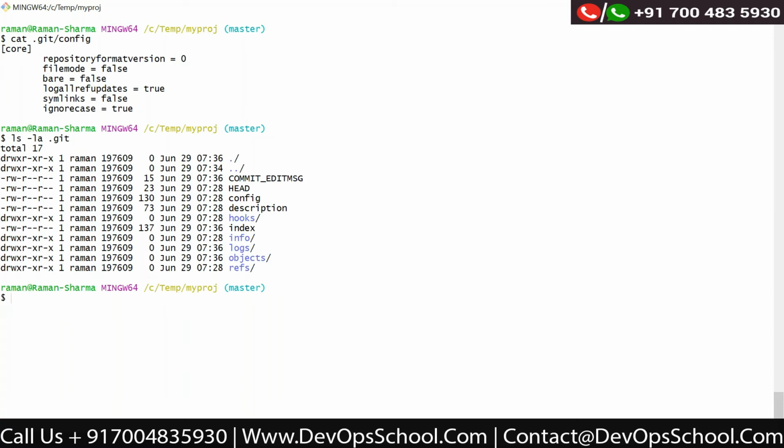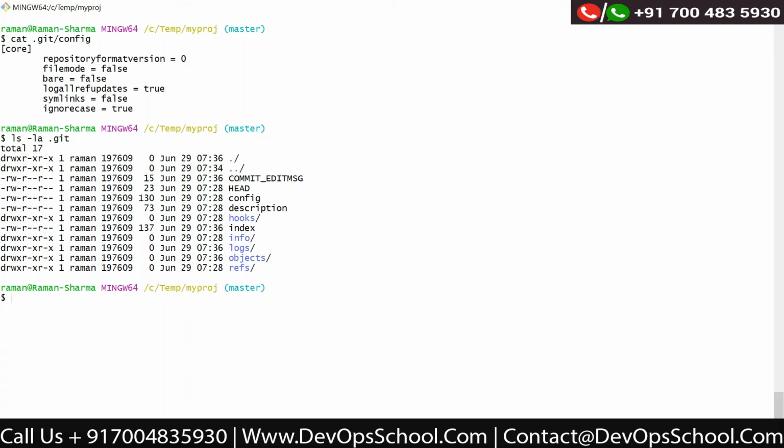But if I delete the file, then for this deletion action there will not be any snapshot. Deletion means it will just delete the file, so there will be nothing in that file. So we are deleting the object, and that snapshot will contain nothing. Okay, anyone else has any question?